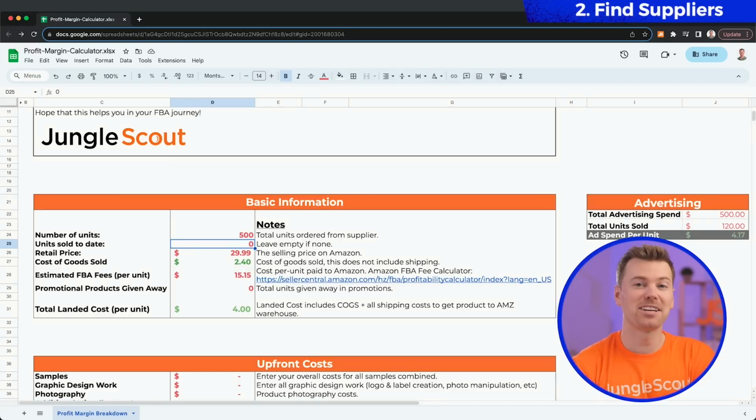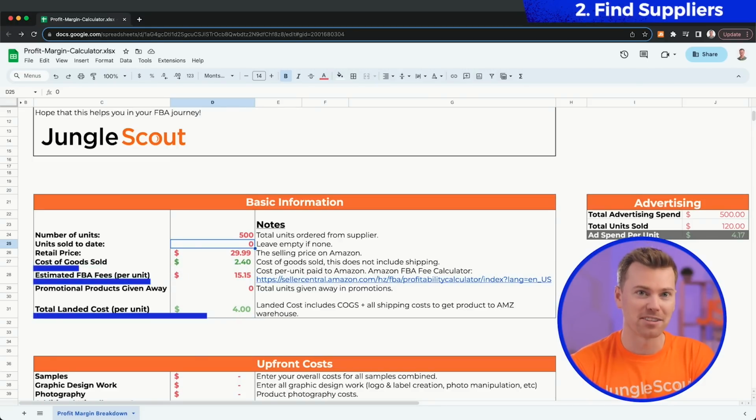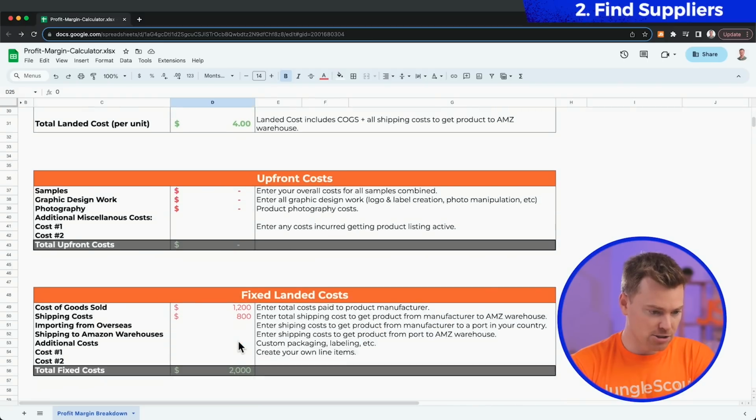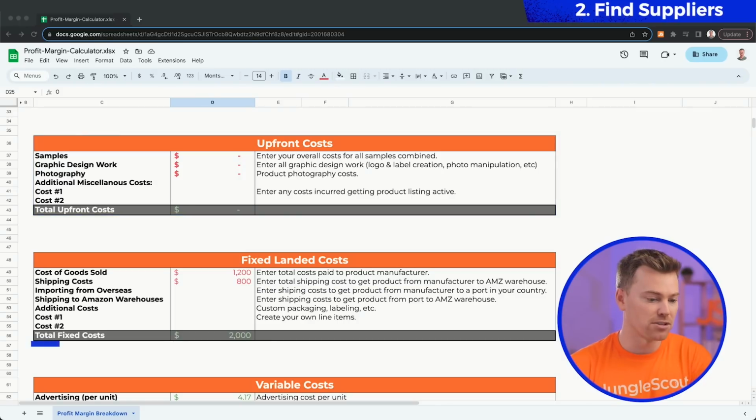Now, to begin calculating your profits, you'll first need to know what your costs are and where to find them. So this first one right here is your upfront cost. These are things like the cost of buying samples for your product, getting design work done for your packaging, photography for your product listing, and so on. However, these are just one-off expenses, meaning they don't actually factor into your profit margins each time you make a sale. So for now, you can just skip over this section and move on to this next one, which are